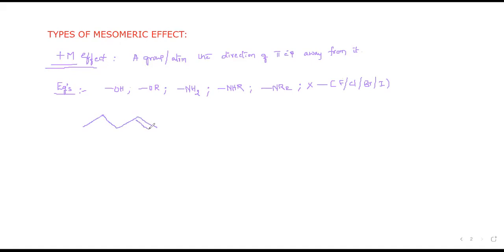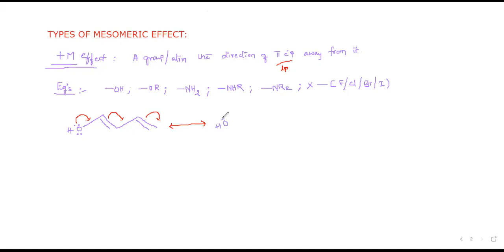Okay, so this is an alkene compound, right? An alkene compound attached with the OH group. So you know that in oxygen there are two lone pairs of electrons. If this lone pair is given away from it, as I said, pi electrons or lone pair of electrons move away from the group. See, OH is a group. It is giving its electron, right? These electrons are away from it. Hence, this comes here, and this comes here. And the resonating structure you will get like this.